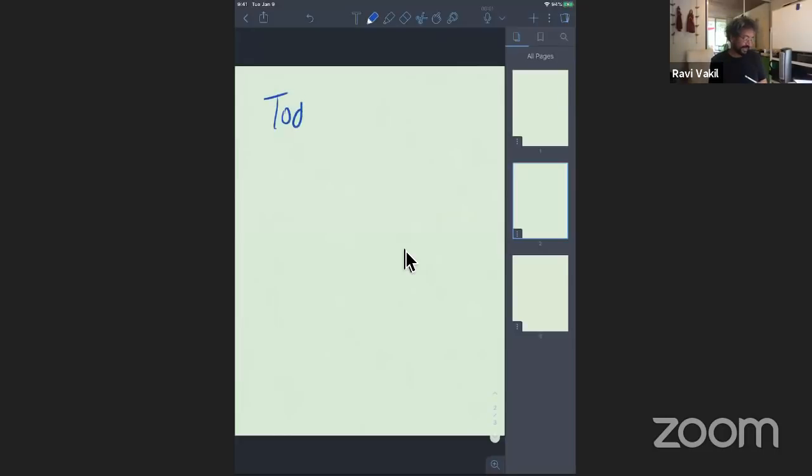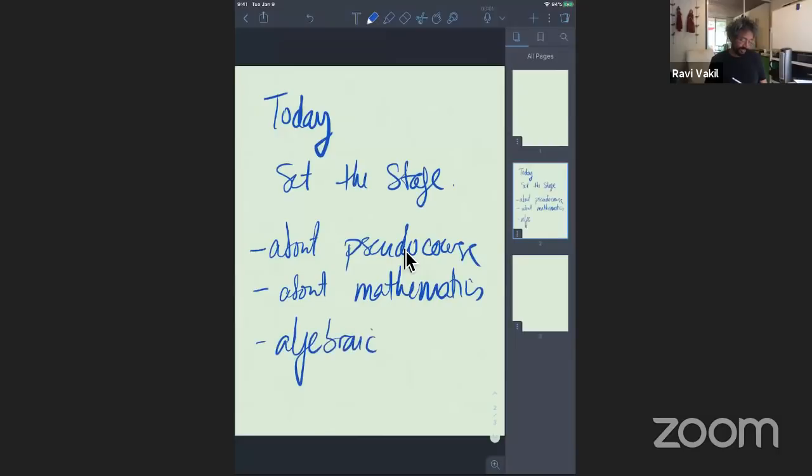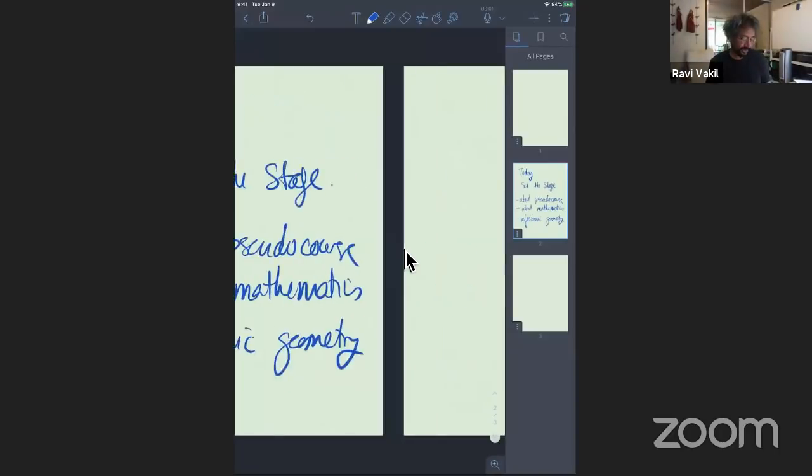So today, here's my plan. I want to basically set the stage, which means that if I think about what I want to talk about, then I want to talk about the course, about the pseudo course, and I think that will take about an hour, but I realize I shouldn't do that. So I'll talk about it a bit, and also talk a bit of philosophy about mathematics to also set the stage. And then finally, I want to start moving toward algebraic geometry, although I won't actually get there, because I think category theory or maybe sheaves is as far as we're going to go.